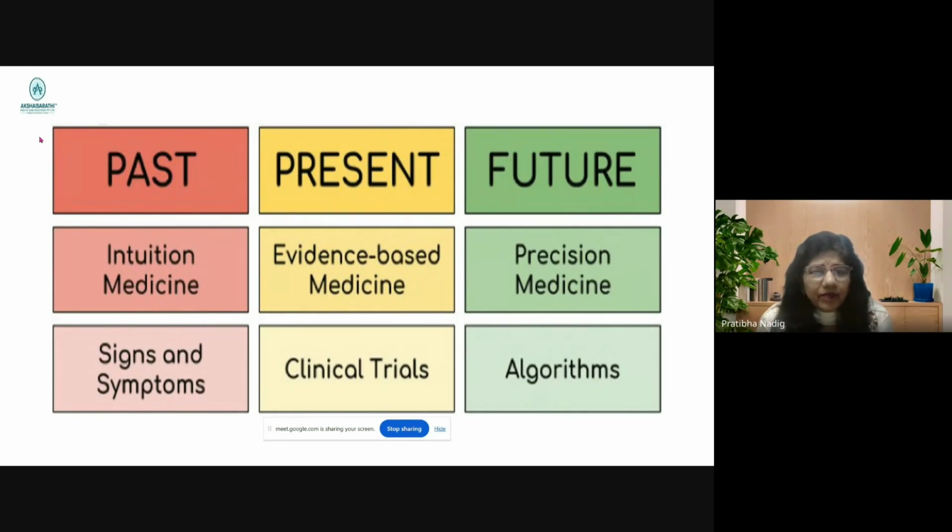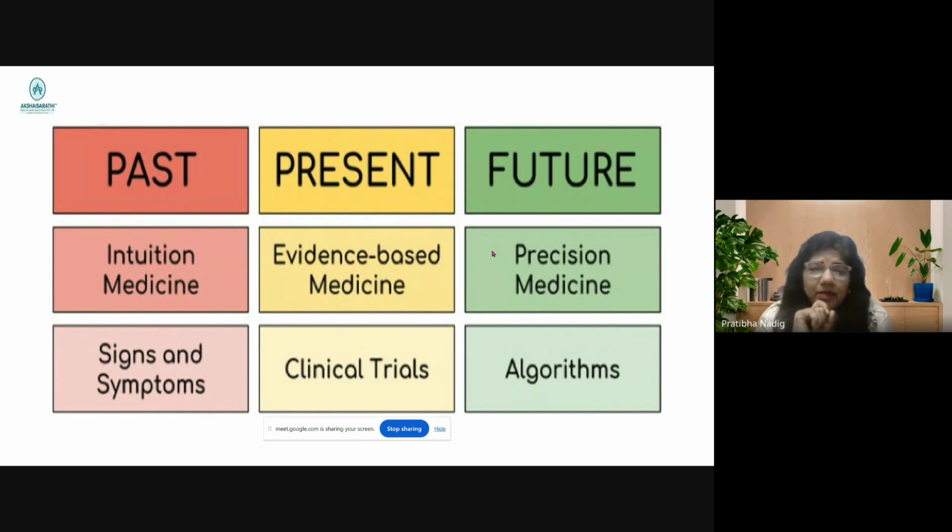Presently, we depend mostly on evidence-based medicine, which is generated by robust randomized controlled clinical trials. Now the future is, particularly in the last decade and more so after COVID, people are looking at individualized treatment, which is called precision medicine. That means previously we used to give any hypertensive treatment based on the guidelines, and we would assume the majority will show the response. But of course, with some criteria, that is also to some extent based on individual factors.